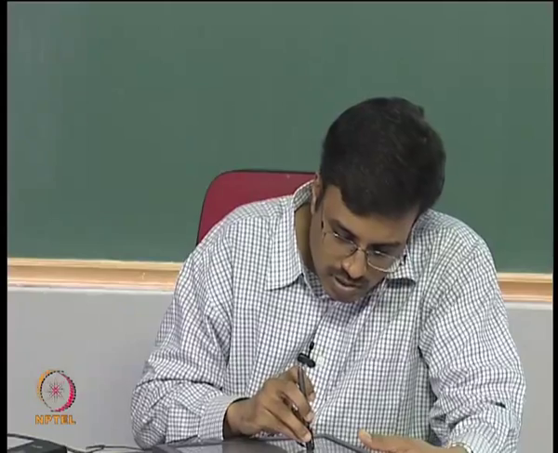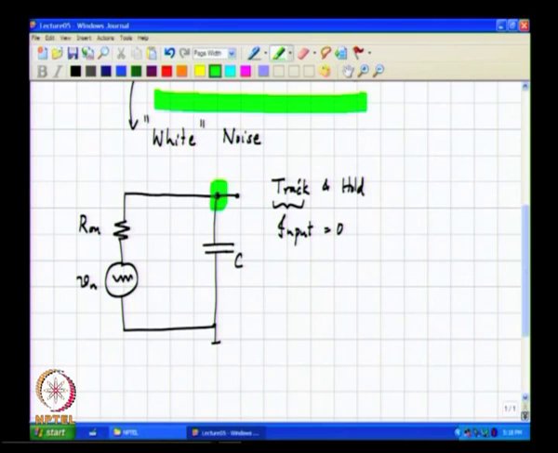All right. So, physically speaking, this voltage is now no longer 0, even though the input is 0. There will be some voltage fluctuation there, and that voltage fluctuation is nothing but the noise waveform Vn filtered by a first order low pass filter formed by the RC network. Okay.